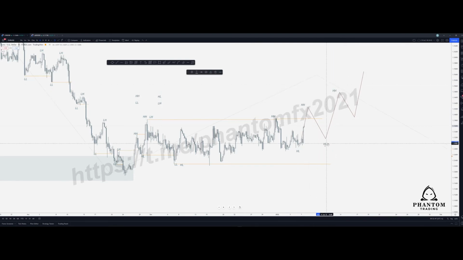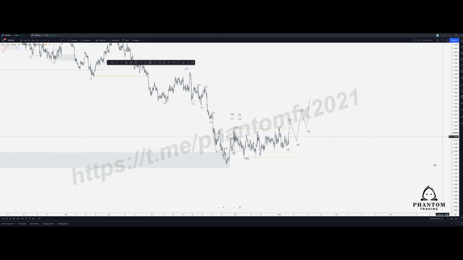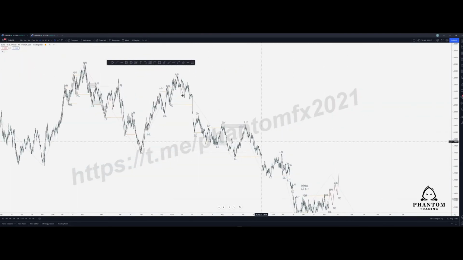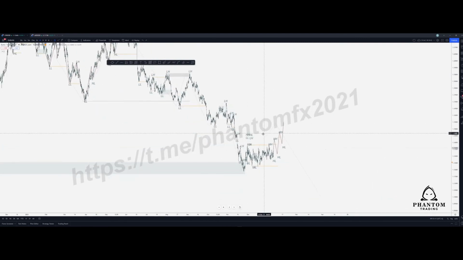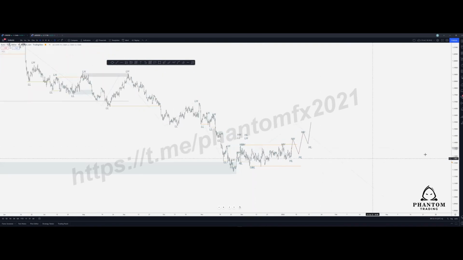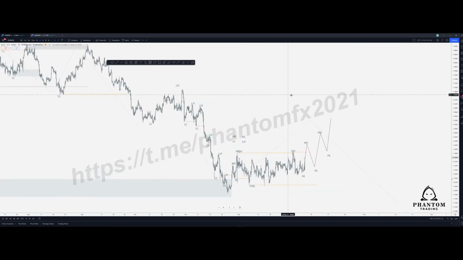And the reason we can expect this at this point is more or less just because a range doesn't last forever. A range will happen and then it will trend, and then it will range again, and then it will trend, right? Depending on how big or how important that demand or supply zone is, price may range a little bit longer. Because again, if price does want to push to the upside and take out some of this liquidity here, all this internal range liquidity, it's going to require a lot of orders. The other thing it could very well do is it could just push right back up and push right back down,